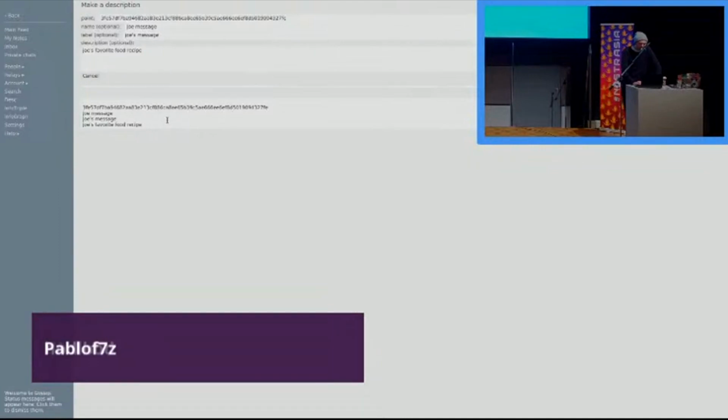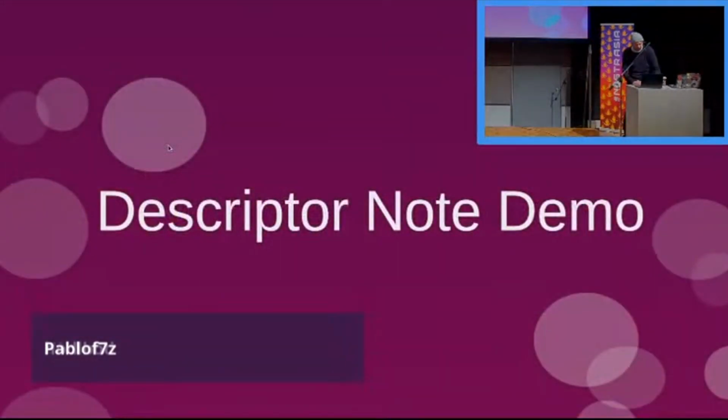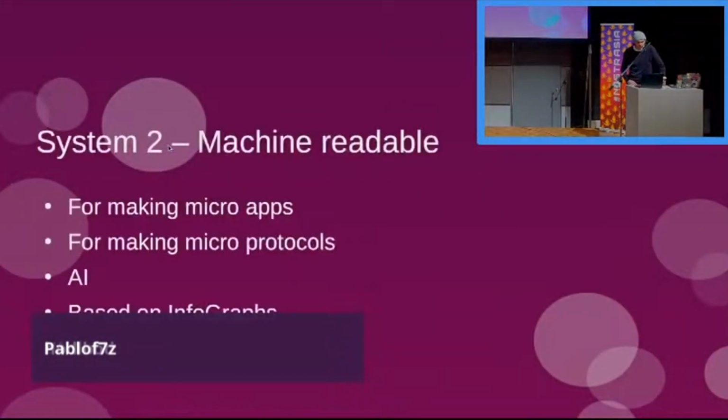And this means that in the future we can make quite advanced search features. Where sometime in the future, when we can't really remember what Joe's favorite recipe was, then we can just look it up on our nodes for the nodes themselves. So this was a very simple demo, and now we go on to system 2, which is making things